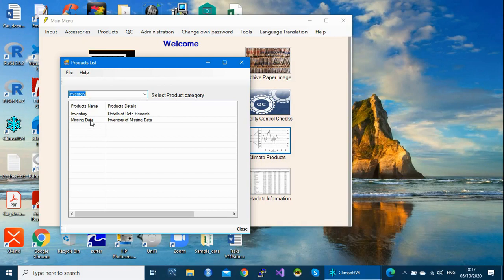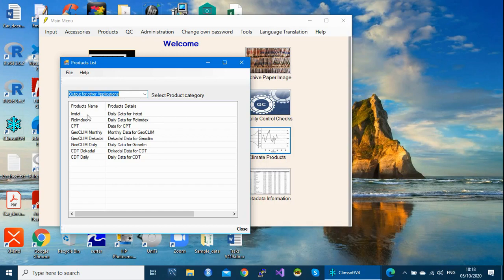For missing data, the system also will check all the data which are missing in the system and display this in another spreadsheet file. Under messages, this is still under development, so you can have the climate messages. Also the product called output for other applications. So here the system will generate an output file ready to be imported or used in the listed applications or software. So this is Instat or other Instat software.